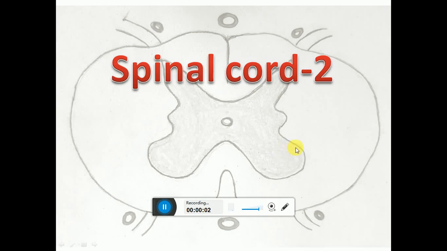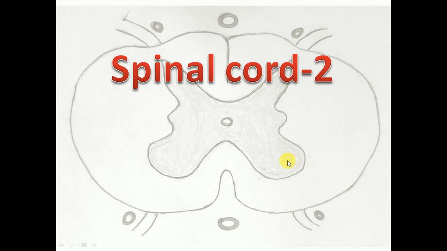Hello everyone. Now the next portion of the spinal cord is the internal aspect of the spinal cord, or we can say the internal features of the spinal cord. When we take a transverse section of the spinal cord, it shows a centrally placed H-shaped or butterfly-shaped fluted column, which is called the gray matter, and outside the gray matter there is a peripheral situation of the white matter. So centrally gray matter and peripherally white matter.